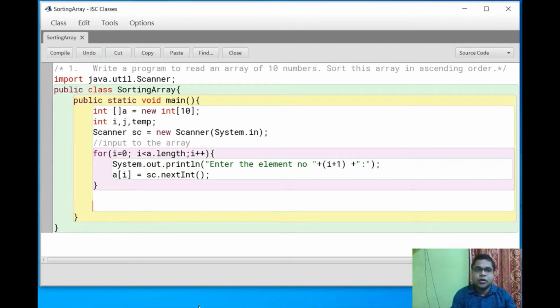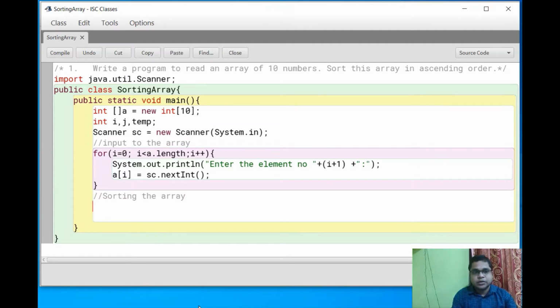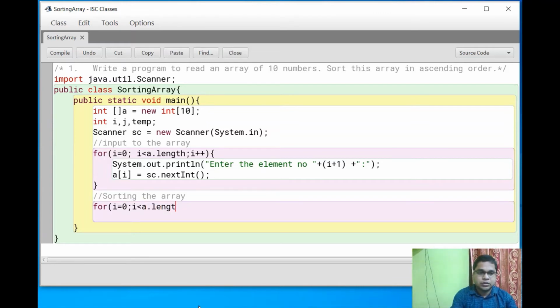Now we have to sort the array. How to do that? For sorting the array we have to take two for loops, one outer for loop and another inner for loop. For the outer one, i equals 0, i less than a.length, next i plus plus.